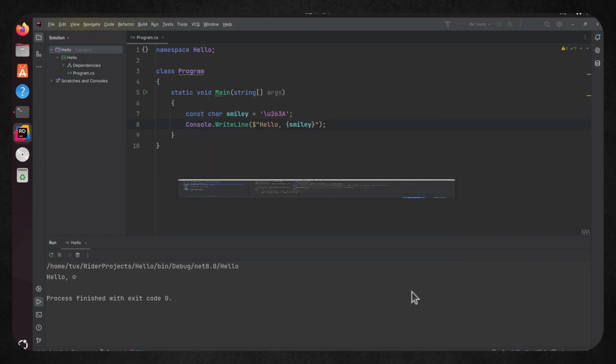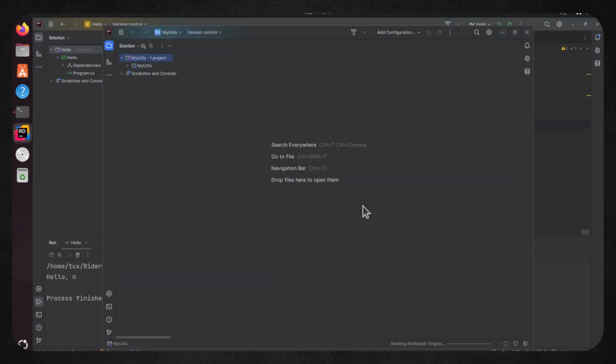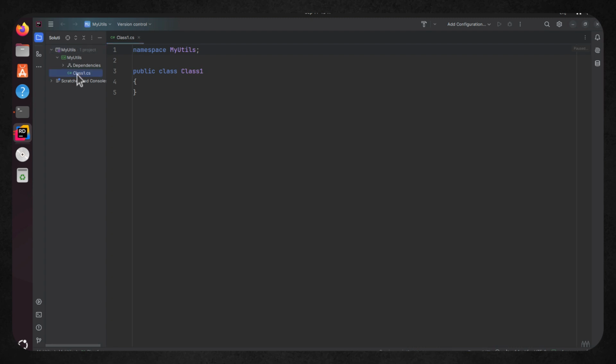These are going to be very small files, so we don't need anything too much. And let's just open up a new window so I can have two windows open. We can allow Rider just to create my project. And now as I go through and take a look, we can see I've got a new source file, my class1.cs, with my class definition.